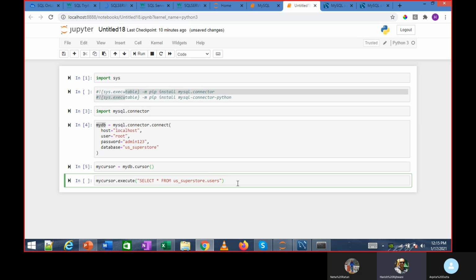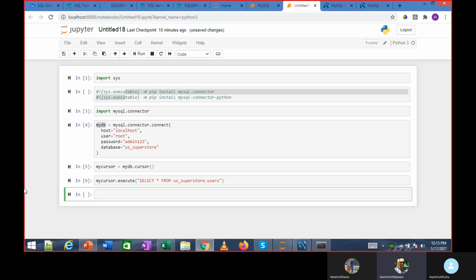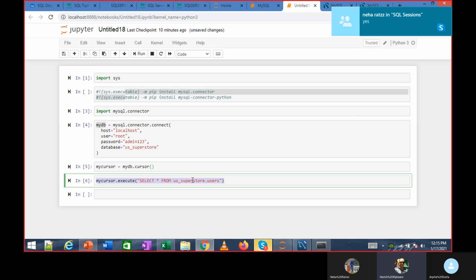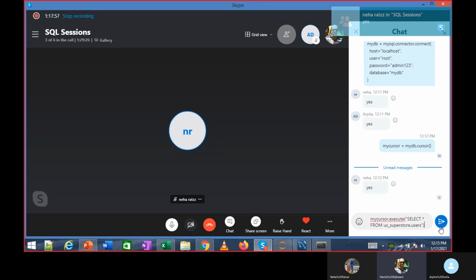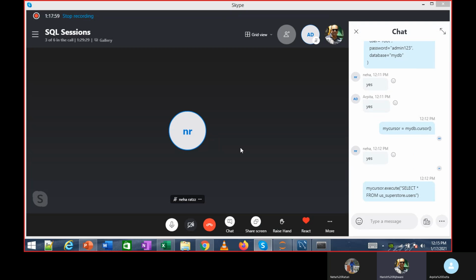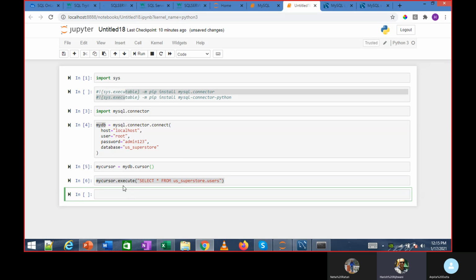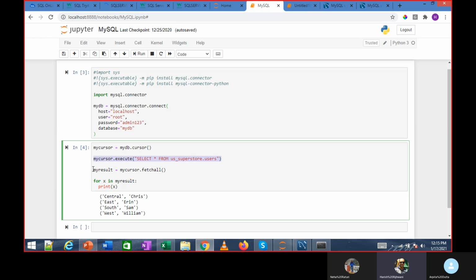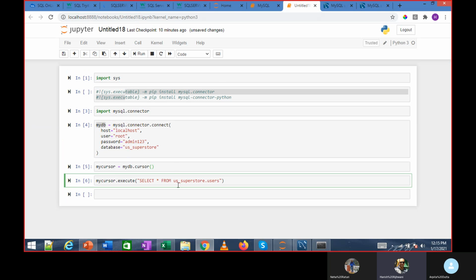Were you able to execute that line? And then I run this, my cursor.execute, select star from US superstore.users. When I run this, I'm sure my data will come in that. You might get an error over here, so let me know if you're getting an error at this step.